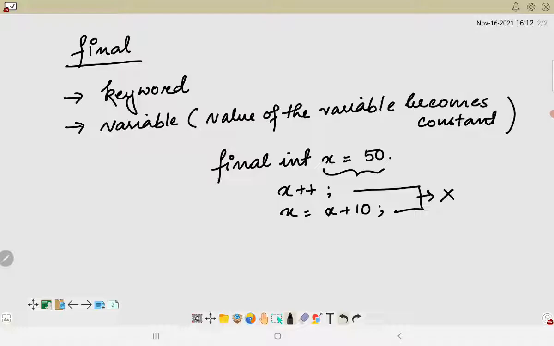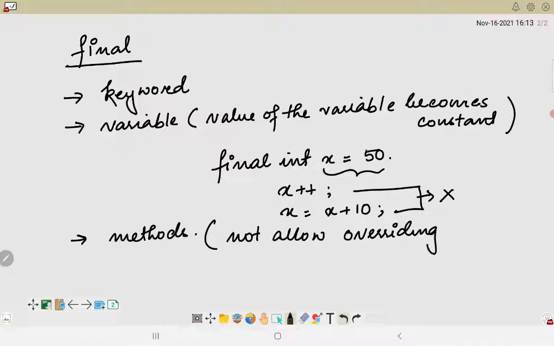The next possible area in which the final keyword can be used is methods. We have also discussed this in my previous videos, so you can go back and look into that. However, in here also we will have a brief discussion that whenever we are using final with any method, it will not allow that particular method to get overridden. So that means, let us consider that